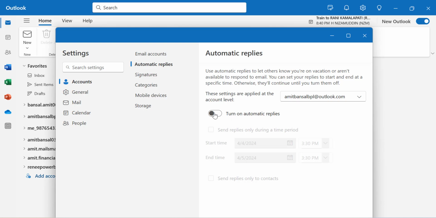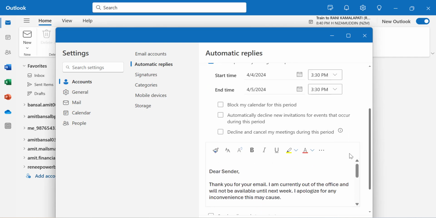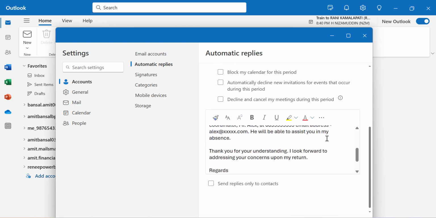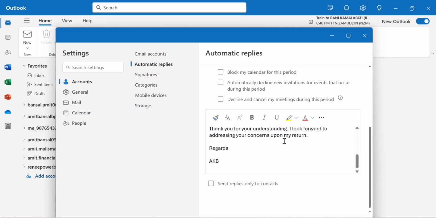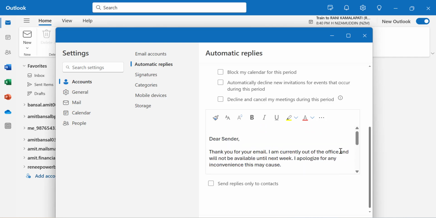When you use this option, you can set up the start date, end date, timing, and you can use these options here to select. You can also draft a detailed message you want to reply to your recipient and simply save this option. In this case, when you use this automatic reply, new Outlook will automatically reply to the sender